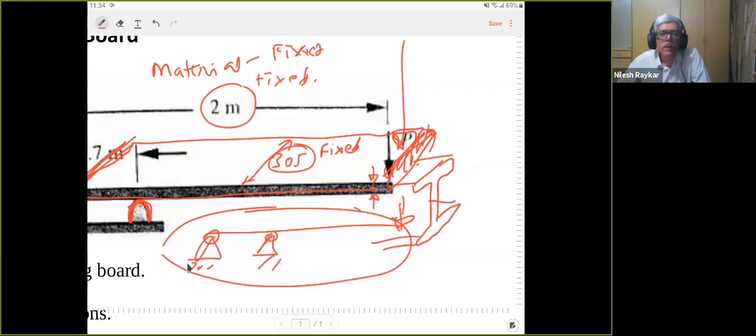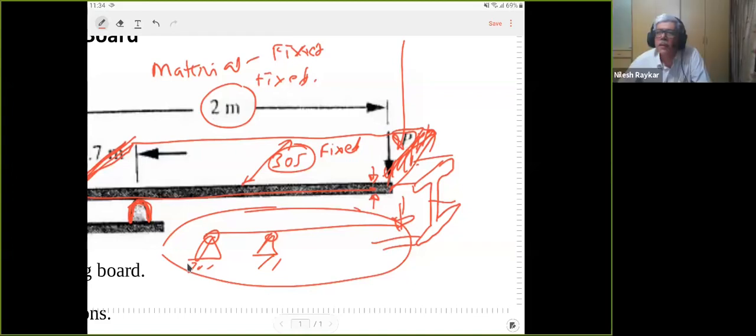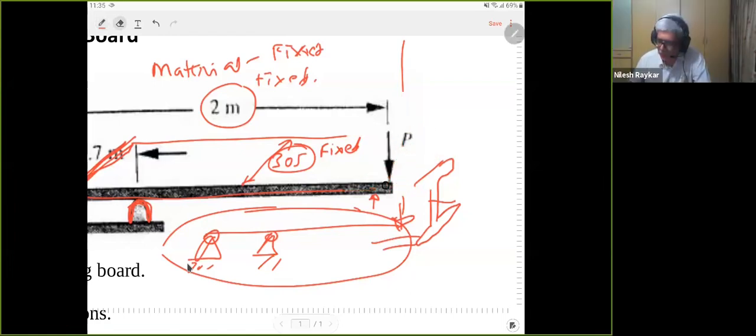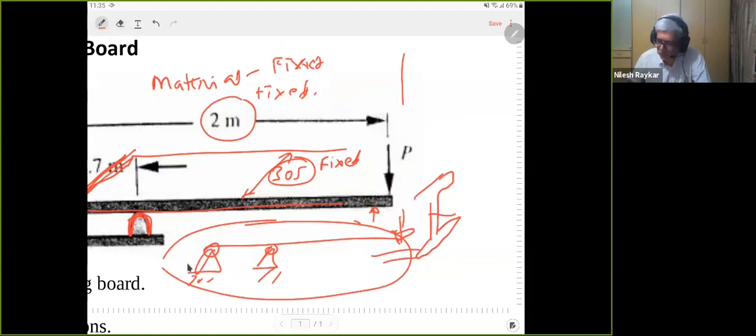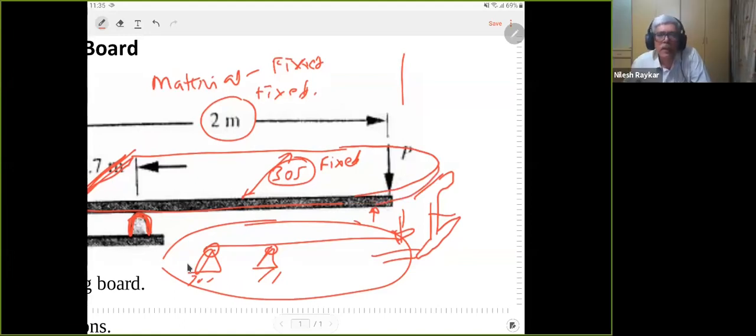So I just want to know if somebody has thought of something different. Anything else? So instead of using the rectangular board, can we use a board where the front side is circular so that we can save some weight? Okay, yeah, that's a good idea. So you can have the front side rounded. That is what you are saying, right? Yes, sir. Okay, so that will reduce weight to some extent.